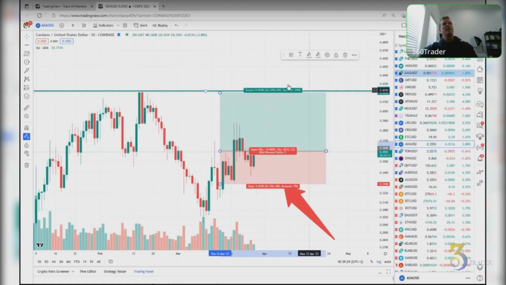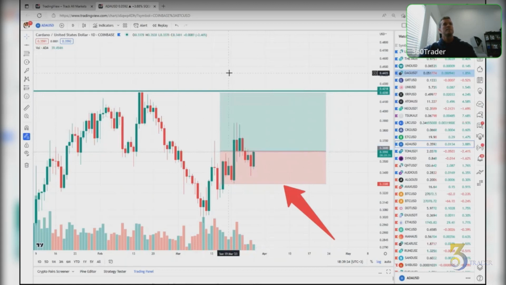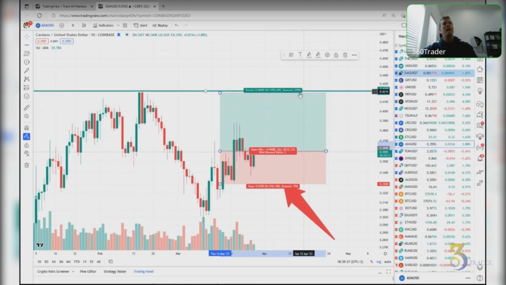Now it's going to give you your information right here if you click on that. If I click off of it, it's gone. If I hover over it, it's there. Up at the top, I have my target and my percentage gain. You may not be able to read this, but it says 16.67% at target 1.